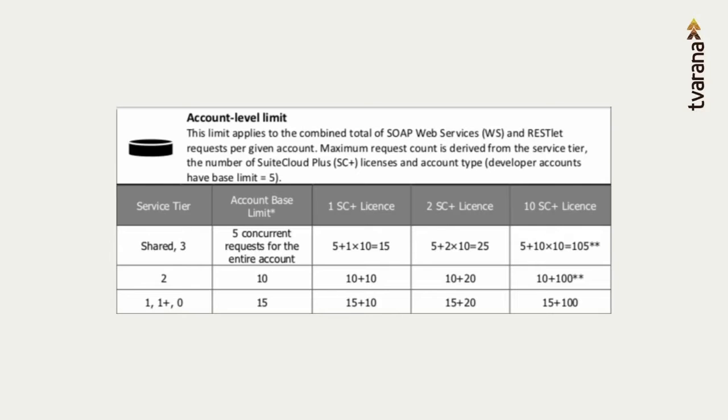So within NetSuite, the number of connections you can have with the server at the same time is called concurrency. NetSuite admins can go to their setup, integration, web services preferences, and see their account's concurrency governance called account concurrency limit. The number listed here on the screen is the maximum number of concurrent requests that is allowed for a